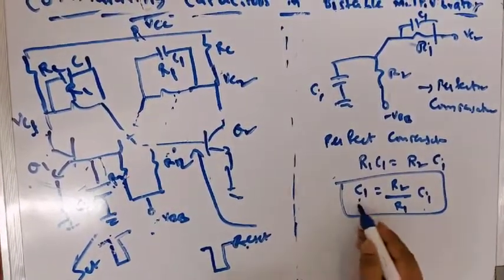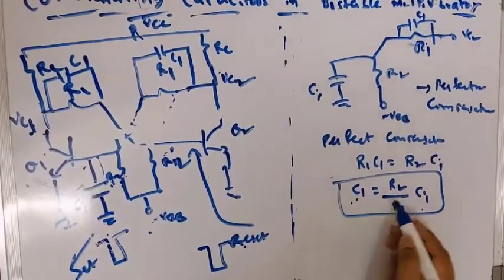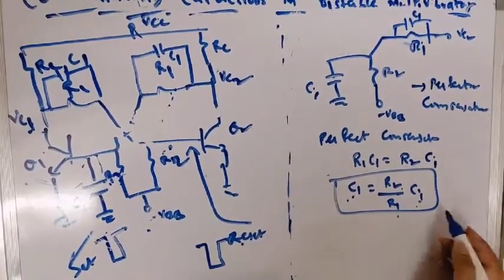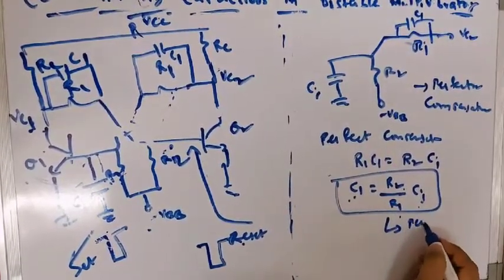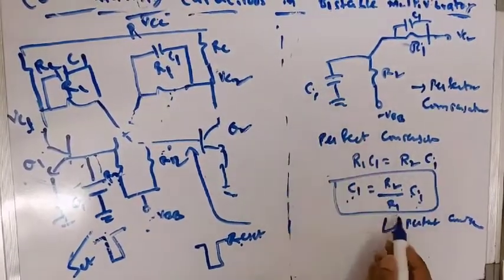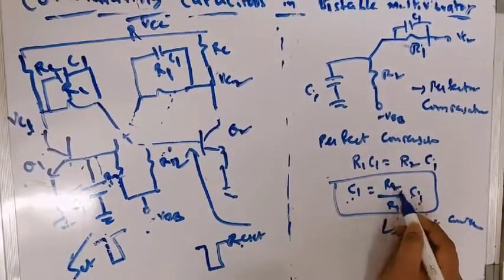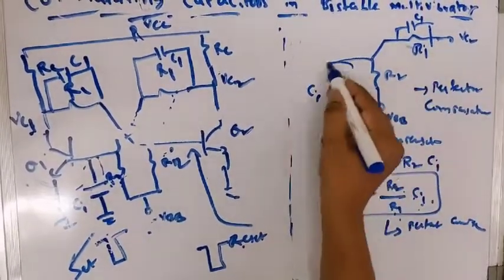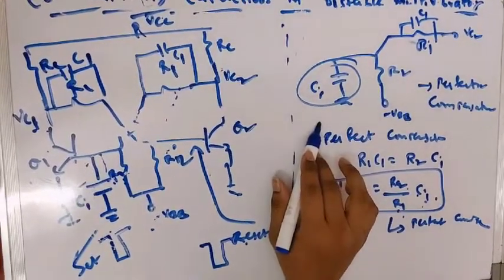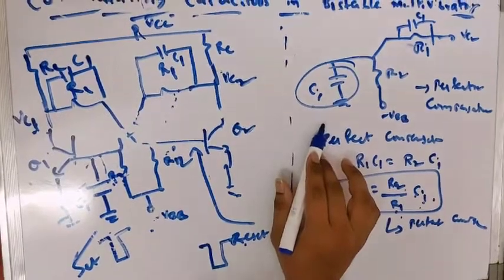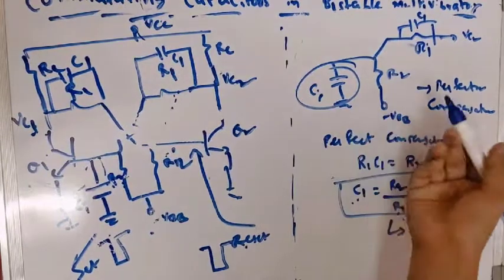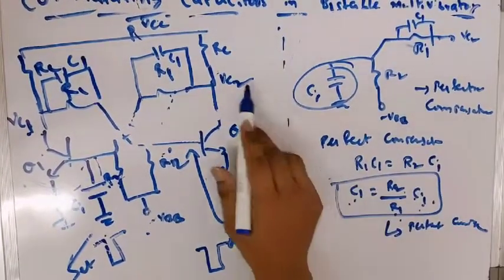The designer has to select the value of the capacitor C1 such that it is equal to R2 divided by R1 into Ci. This we discussed in case of attenuators. This is for perfect compensation. With C1 equal to R2 divided by R1 into Ci, the effect of stray capacitance will be nullified and the circuit will be frequency independent, and there is no rise and no time constant here. The circuit will be independent of capacitance, meaning there is no time constant. It will respond instantaneously for the given input voltages.